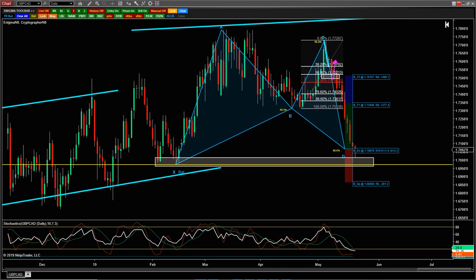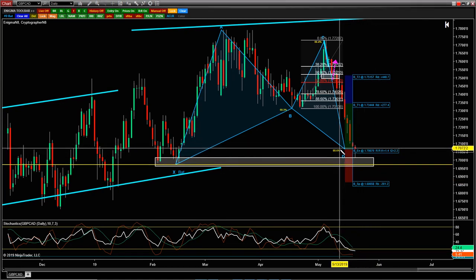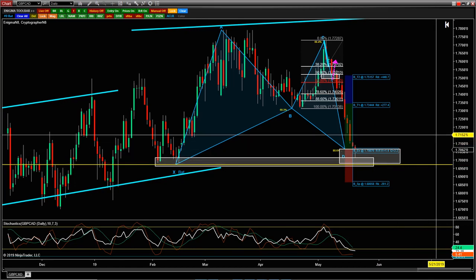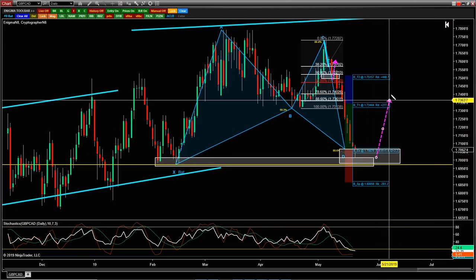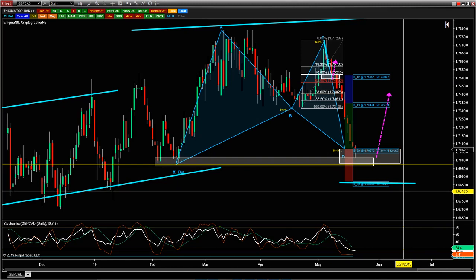I don't really care where the move actually reverses at. Right? So if I'm looking at, let's say, this bat pattern, for example, I honestly don't care if the market reverses at, what's our entry, 170.70s or 169.80s, right? What I care about more is that price goes here before it goes here. Because if price goes there before it goes here, I'm going to make money. So I just want to be involved, right?